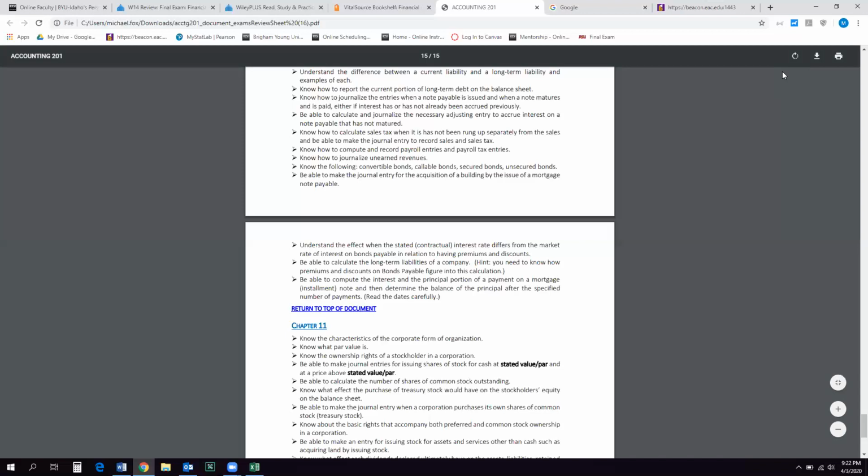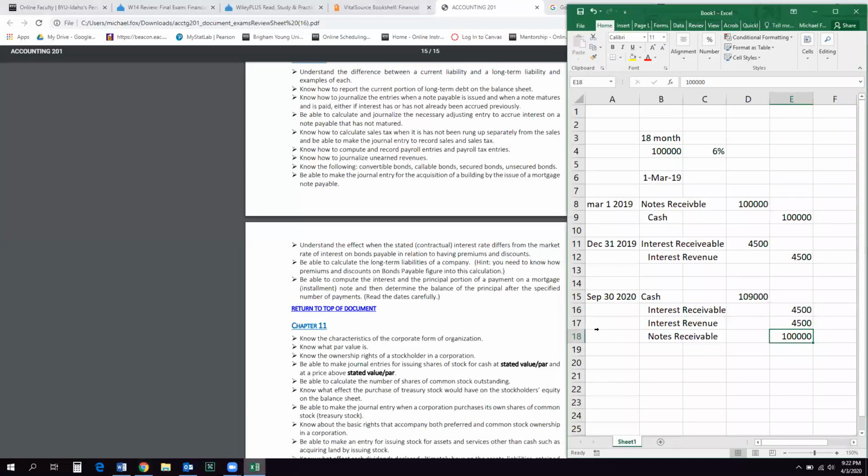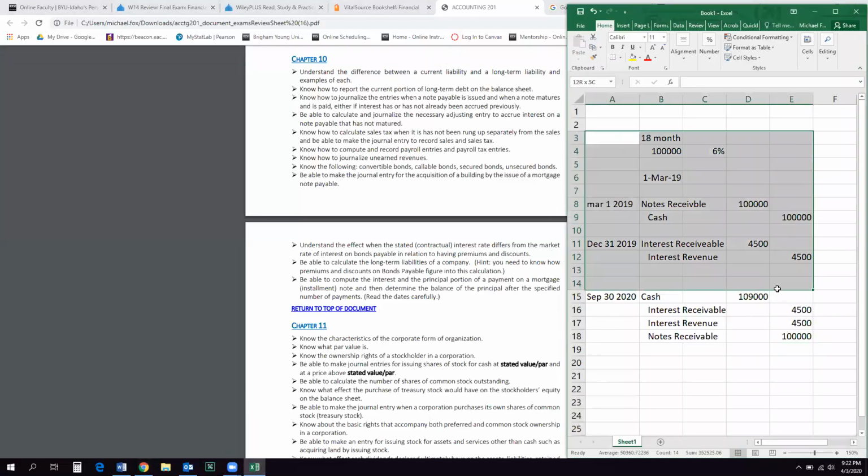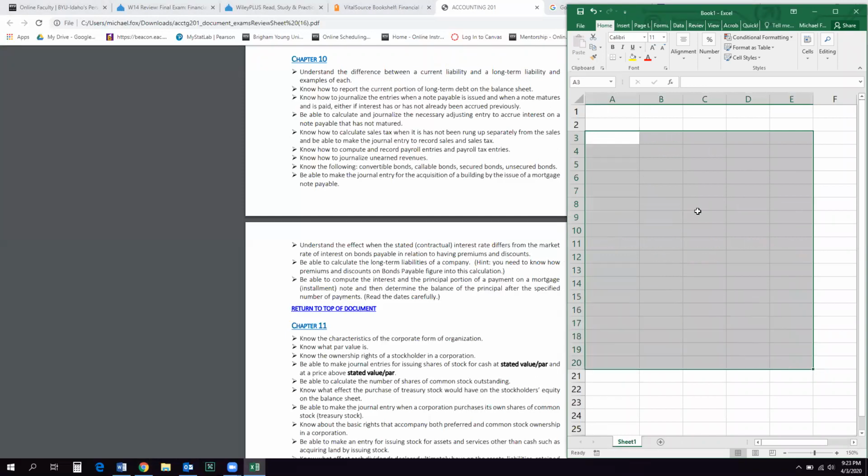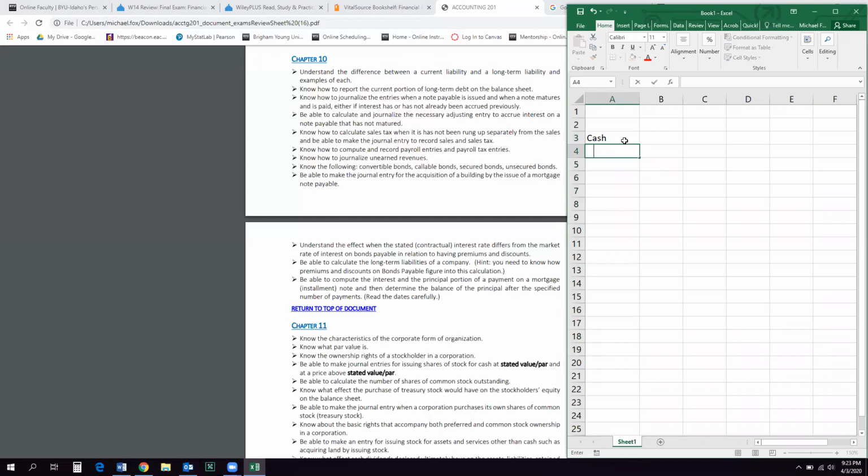Know how to journalize the entries when a note payable is issued and when a note matures. So when we borrow money, it's our note payable. It's going to look something like this. Our cash will go up, and our note payable will go up. It's a liability, so it goes up with a credit. So if we borrow $10,000,